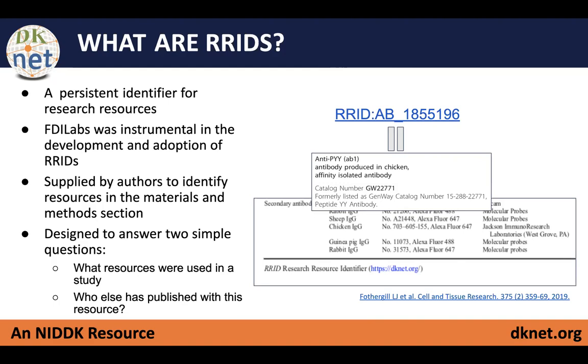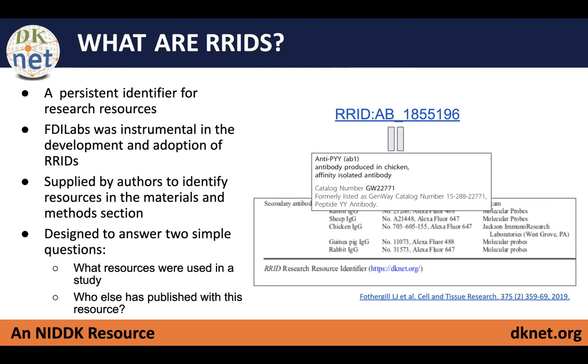in the literature, in that the original way that journals required authors to report this information, for the majority of the citations for these resources, one could not go back to the vendor and find the exact same antibody or organism that was used, just in terms of the way that it was written in the paper at that time. So this idea of having a unique identifier for these resources was pitched to the journals, and it has now gained widespread adoption.